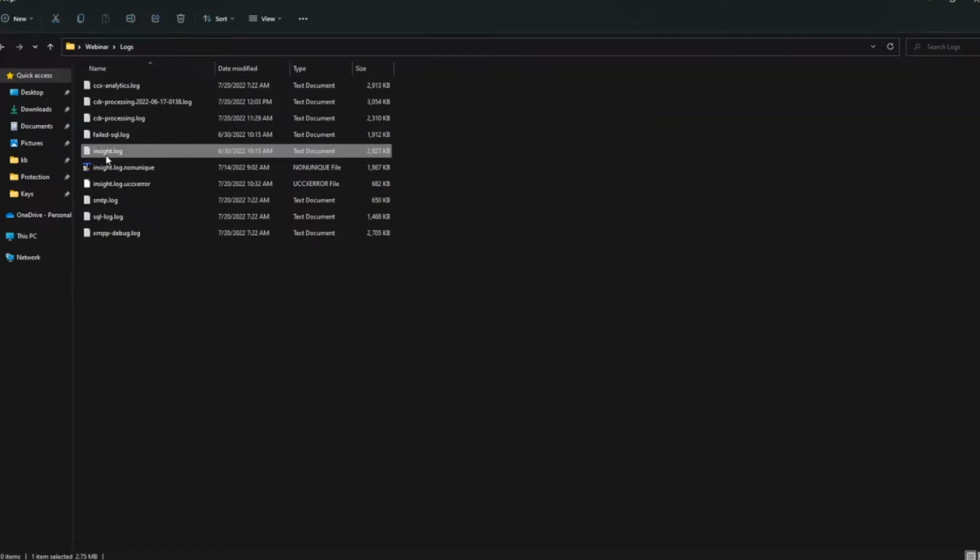Insight log, main log. Of course, it's always important to go there and just scroll through it and try to troubleshoot your issue. SFTP, looking for email, and then SQL log, if you're troubleshooting a SQL query, like maybe a report's not working, or a report is generating but maybe it's missing calls. If you're digging that far into it, you can take a look at the SQL logs or maybe even the Insight logs to take a look at the query to see what we are filtering on, what's in that where clause. So I'll open a couple here.